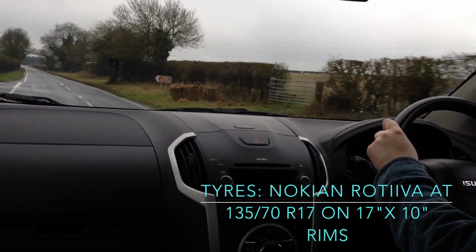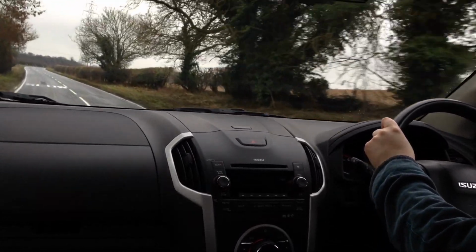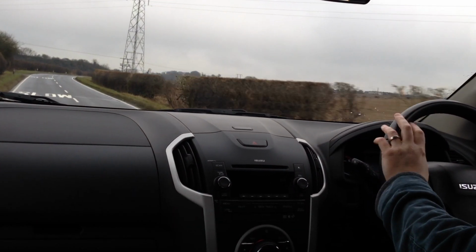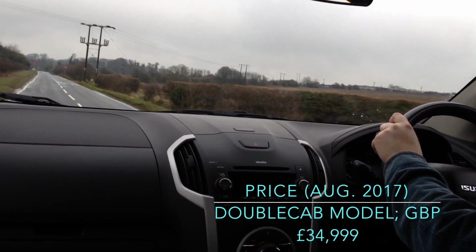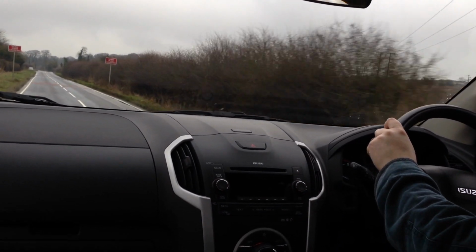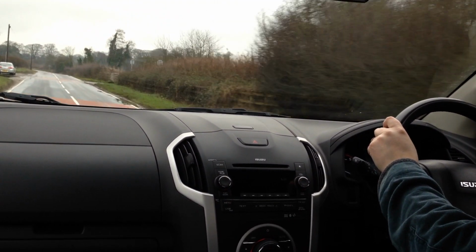This retails for around £30,000 for the extended cab, and £34,000 for the double cab, which I'm driving today. It's a 2016 model vehicle. The vehicles were released in July 2016, and as mentioned, I took this off-roading yesterday,